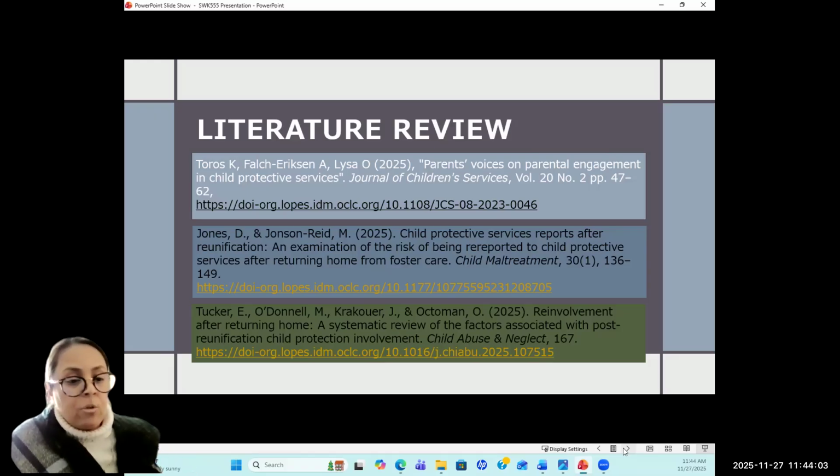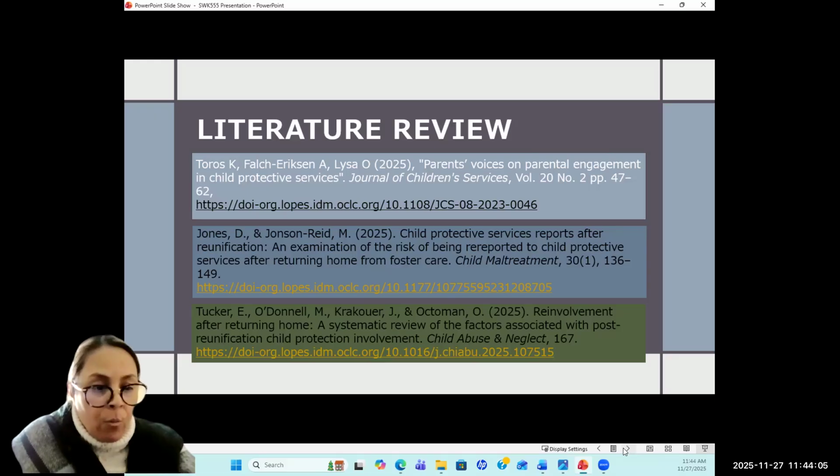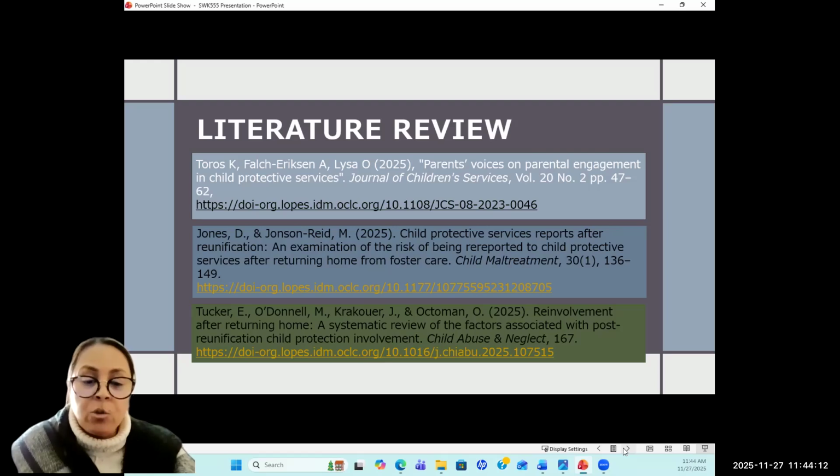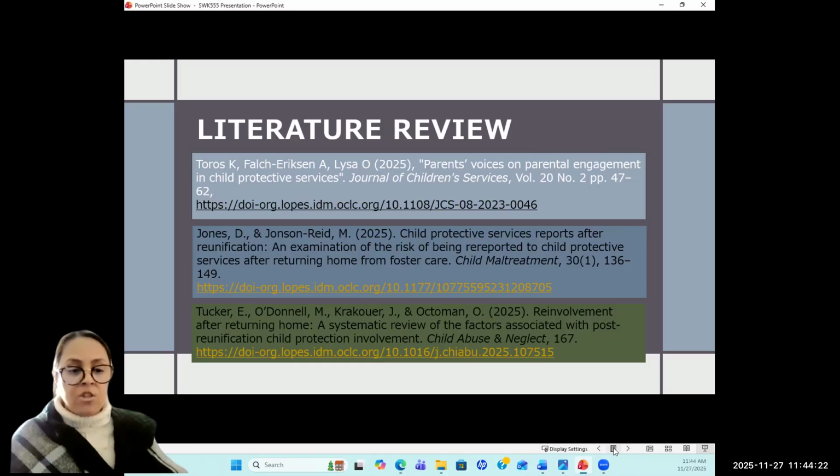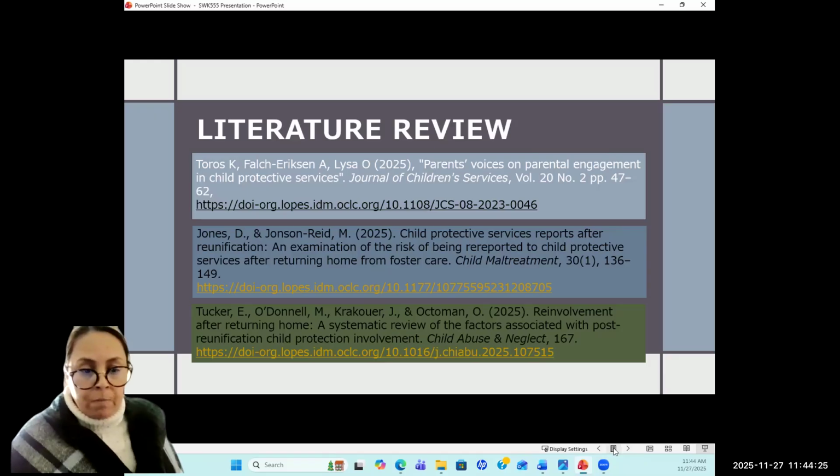Children with intellectual and physical disabilities, mental health difficulties, and behavioral issues were found to re-enter constantly back into the system.